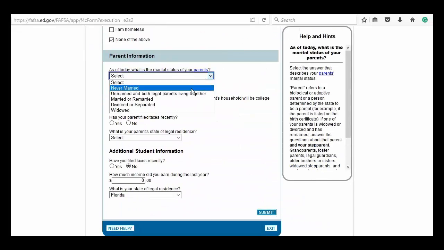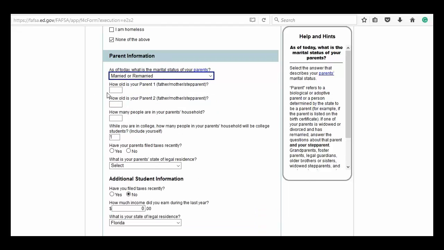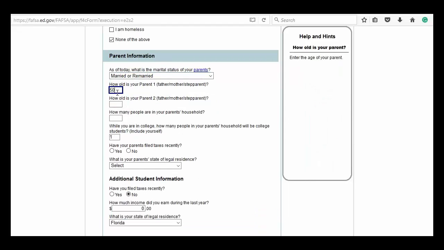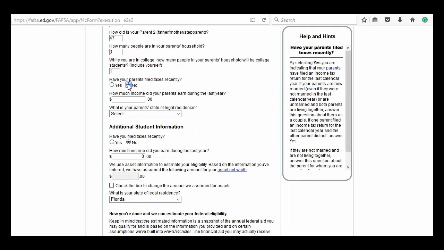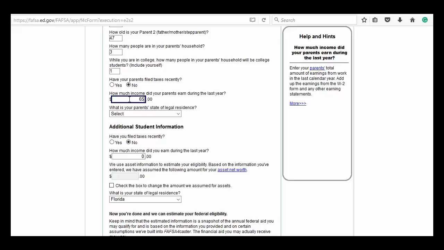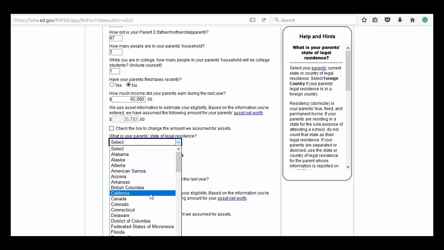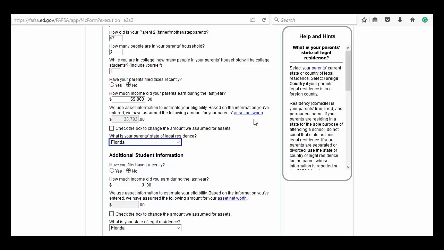So now it's the parent information. The parents are married. I'm just going to put in some ages. There are 3 people in the household. 1 student will be in college. They have not recently filed their taxes. They make about $65,000 together, and they both reside in the state of Florida. You would put the state in which the primary guardian or parent the student lives with resides. Now, based on this information, they have assumed that this family has